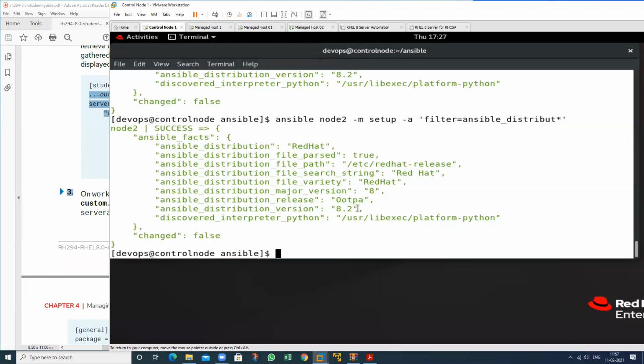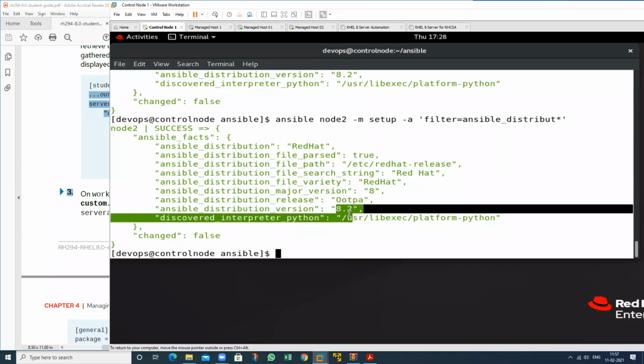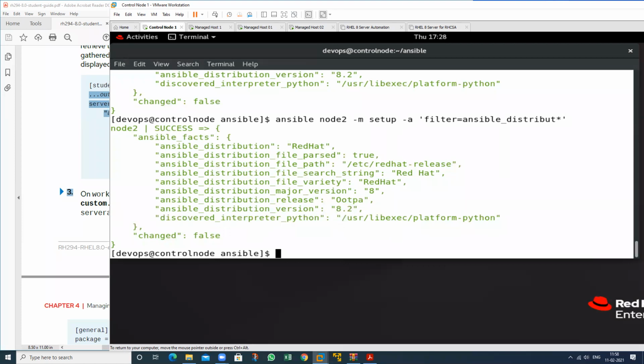Suppose if I want to install the package only on 8.2, not 8.0, then we can use which particular variable? This particular variable. So check if your machine has 8.2, then install this particular package, then we can apply the condition also. If you have this particular version, then we are able to install that particular package, because the minimum requirement is 8.2, because this particular 8.2 has this particular feature, not the 8.0. Then you can place the condition also. During the installation, any types of work, you can place the condition.